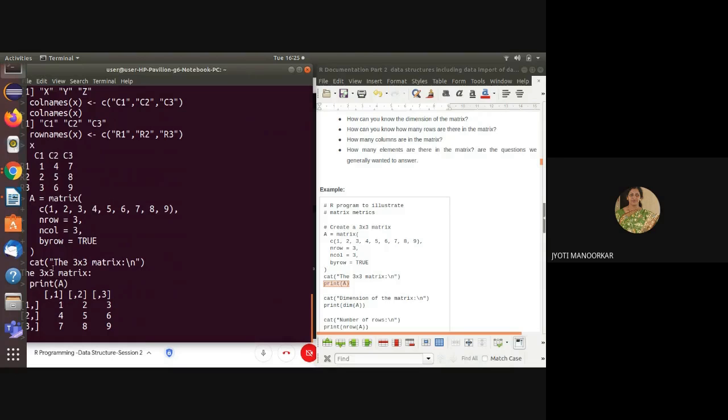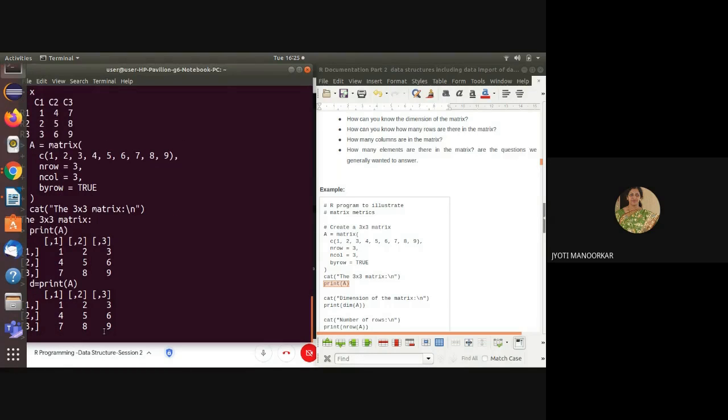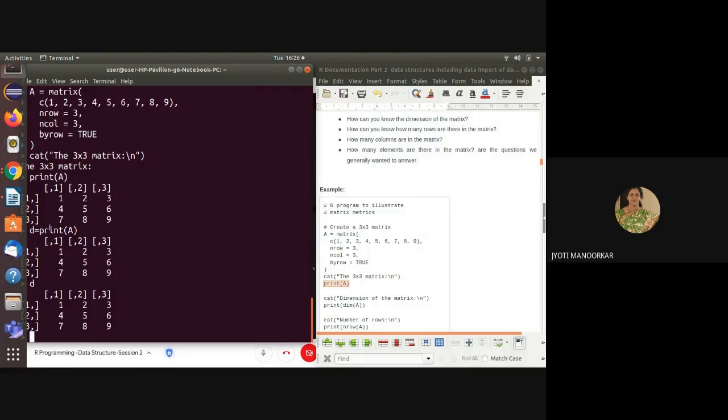The difference between cat and print is that cat stores nothing, but print does. Suppose I do D is equal to print of A, and then type D. Whatever I am passing to the print function will be stored in D. But instead of print, if we try to assign D is equal to cat of,